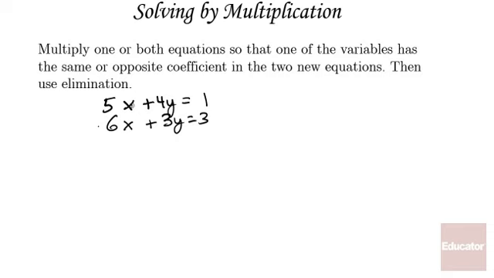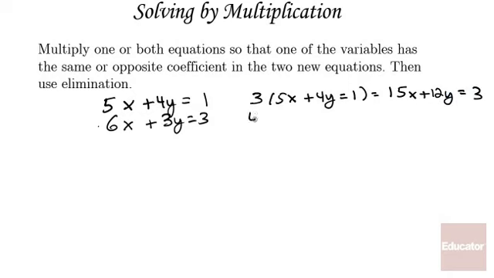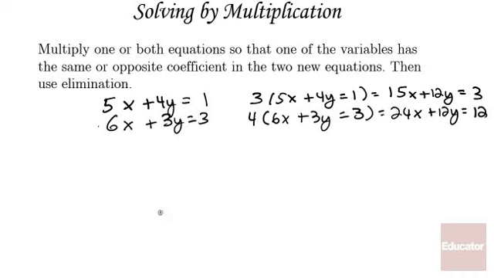So for the first equation, I'm going to multiply by 3. And this is going to give me 15x plus 12y equals 3. Okay, second equation, I'm going to multiply by 4. So this is going to give me 4 times 6x is 24x plus 12y equals 12. Okay, I now see that I have the same coefficient for y. So rewriting this over here,